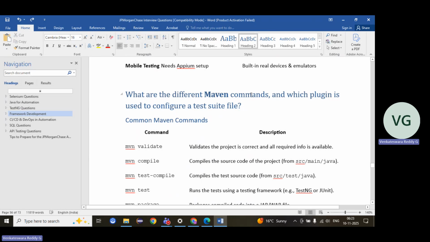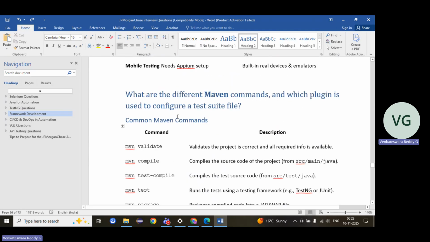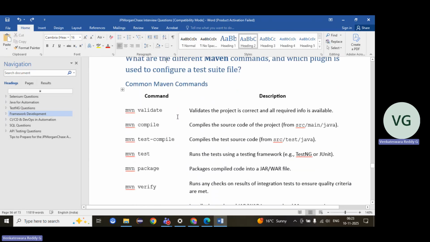Then next question, what are the different Maven commands and which plugin is used to configure the test suite file? In Maven, basically this is a basic question. We will get it. What are the different Maven commands or what is the life cycle of the Maven? Usually, suppose if you execute MVN test,